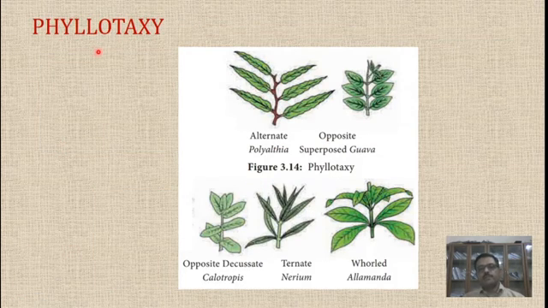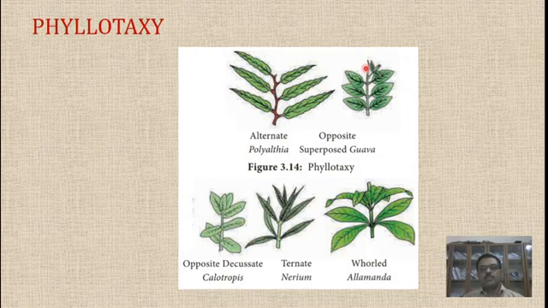Now we come to phyllotaxy. Phyllotaxy is the arrangement of leaves on the node of the stem. Based on this, there are different types of arrangements. So the types of phyllotaxy are the following. The first one is alternate phyllotaxy. Here, there is only a single leaf at a node. So this single leaf has another single leaf above it on the other side, and the next leaf will be above this earlier leaf on the alternate side. So this is called alternate phyllotaxy, as we find in